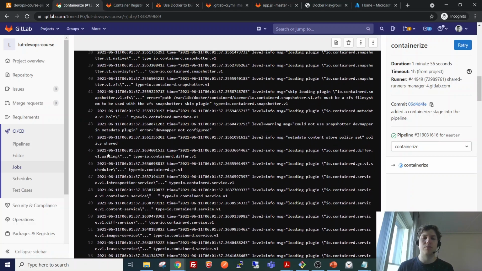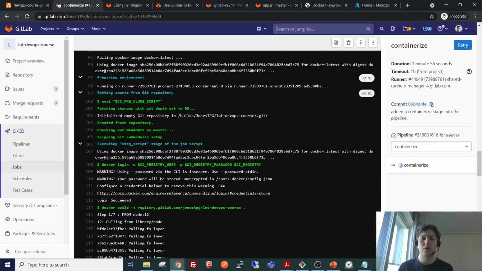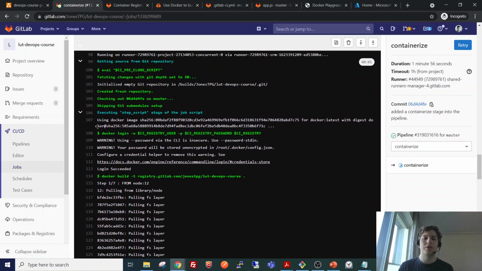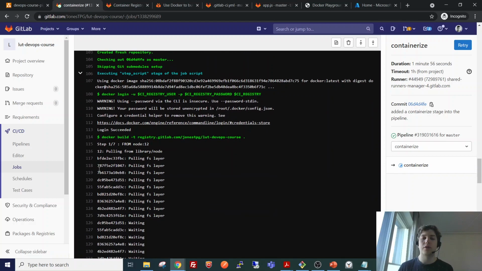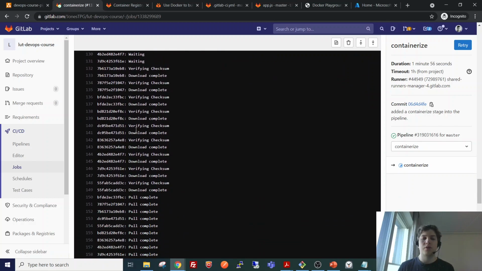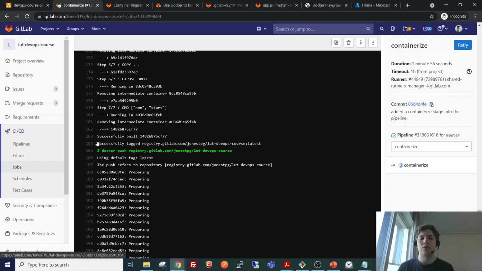Here we can see some logging that probably relates to setting up the Docker inside Docker configuration. Now we can see that our script section starts running on line 108. It will authenticate, and the login seems to have succeeded, and after that it has started to build the image. Let's see if there is anything weird in it. No, it has successfully built it and tagged it.